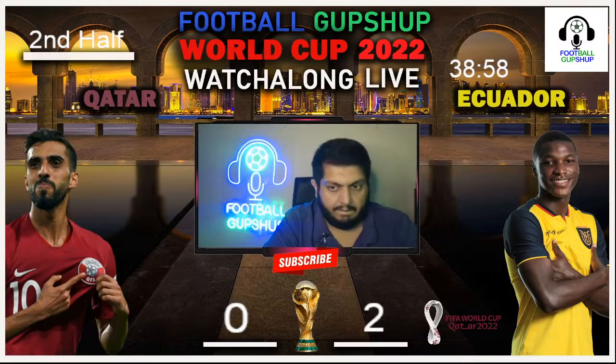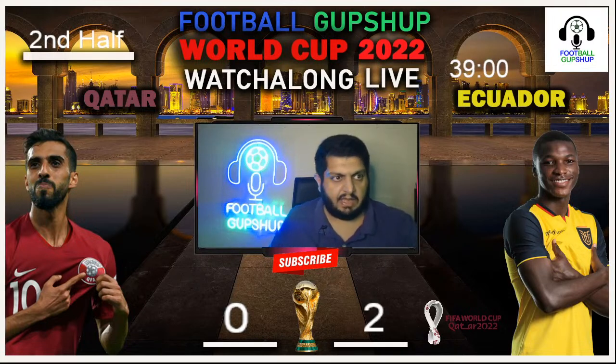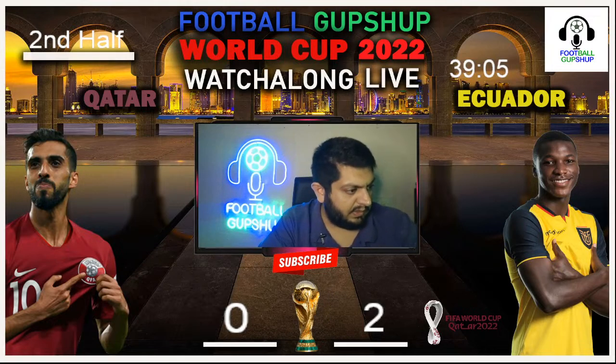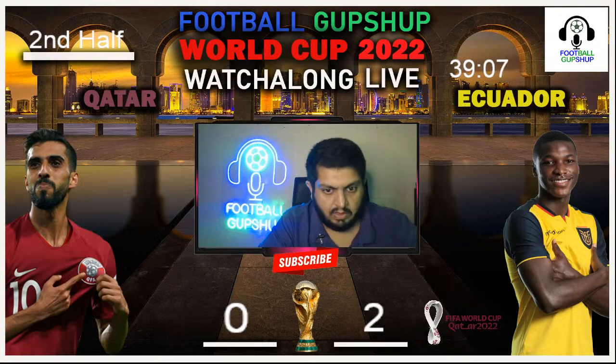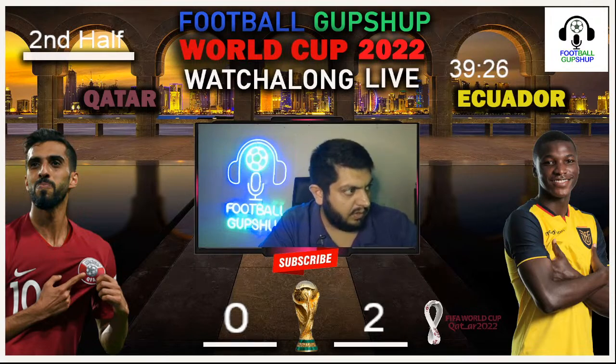84 minutes in. Right now, you can see the case that what are Ecuador trying to do. Once again, Qatar with the ball right now, trying to play the ball forward. They still have got the ball. Ball being placed onto the right flank. Right now, Qatar once again trying to go forward. This is going to be interesting. And let's see what is going to happen over here. Qatar trying to go forward, but they are on the ball.